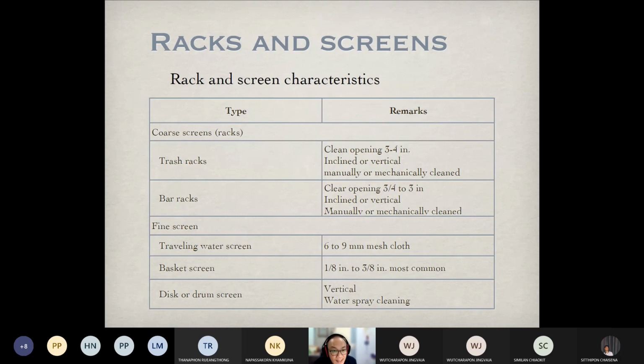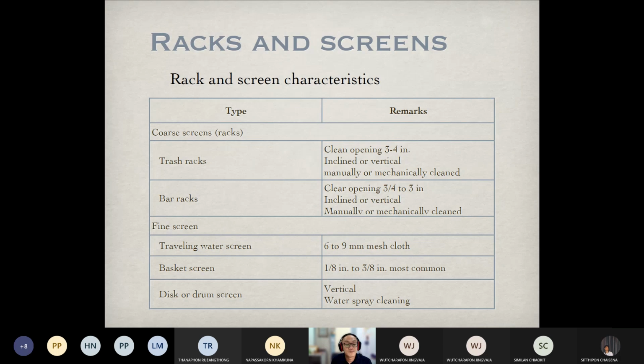For the screen, as I mentioned, we can classify into a coarse screen and fine screen. And for the coarse screens and fine screens, we can actually classify it further. For coarse screens, we can divide it into two types: trash racks and the bar racks. The difference is just a clear opening area. I mean, the difference between the bar racks and the trash